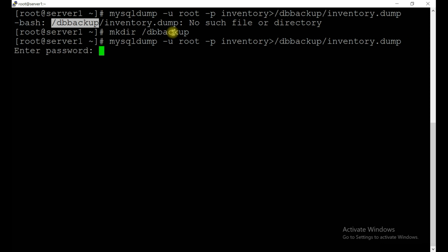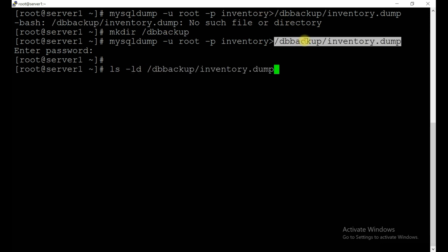Now let's run this command, enter the root password. Okay, it's done.